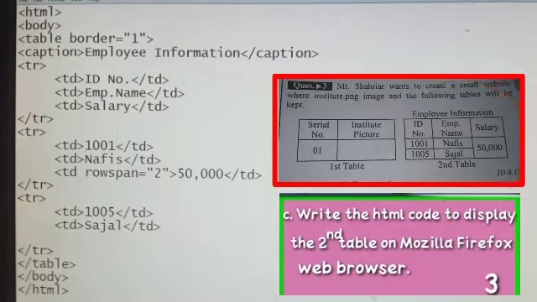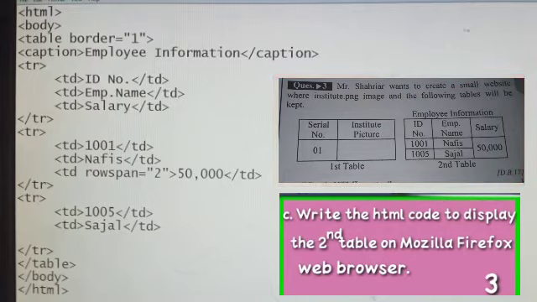Here is a cell that spans 2 rows, Nafis and Shajol, and closing TR. Again opening TR, opening TD 1005 and closing TD, opening TD Shajol and closing TD, and closing TR, closing table, closing body and closing HTML.